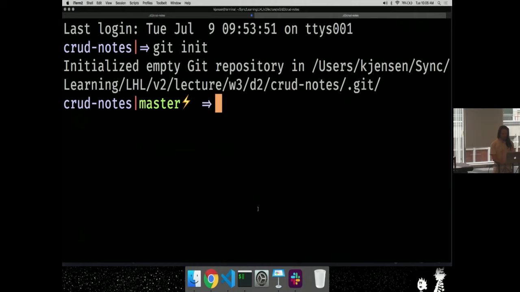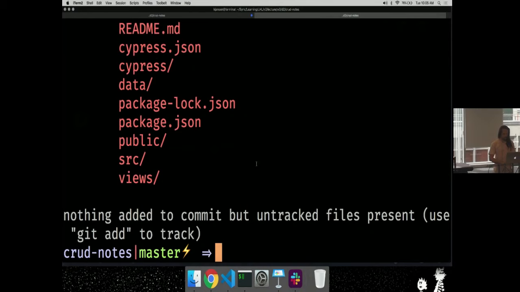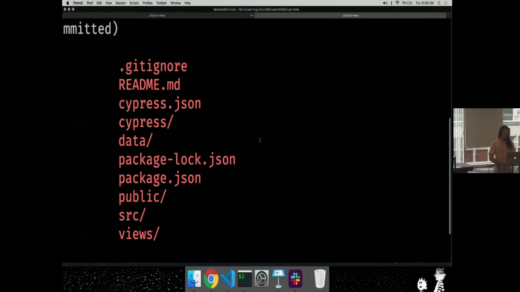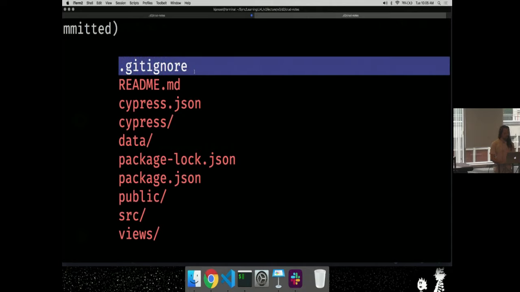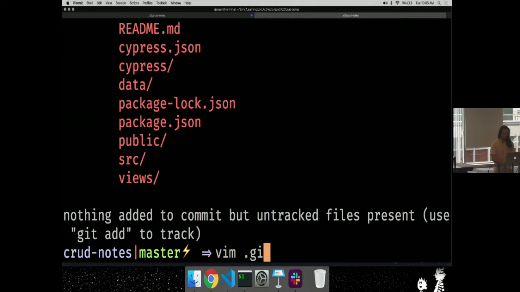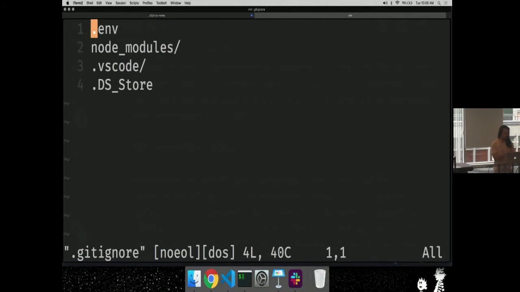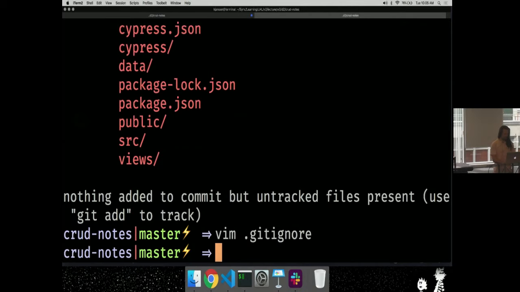Okay, so now I have my Git repo here. I haven't committed anything, but I just want to make sure that I am committing only the things that I want. So I'm going to type git status in and take a quick look through here. And these all look like files that I want to commit for my first commit. I've got a .gitignore here, so something tells me that's helping me out a little bit. My .gitignore has node_modules, the environment file, my VS Code folder, and the .DS_Store file. So just the stuff that I remember every time that I need to put in here.